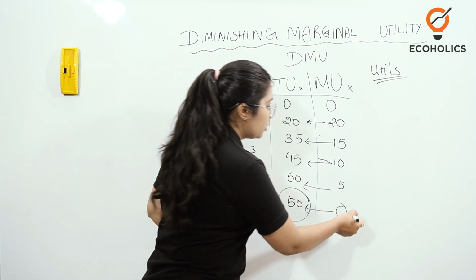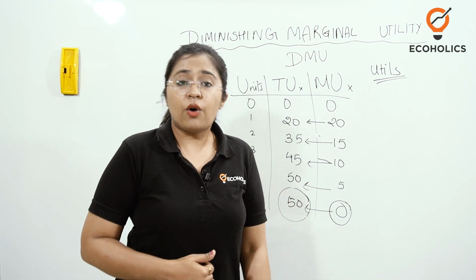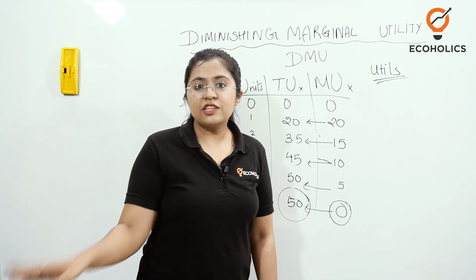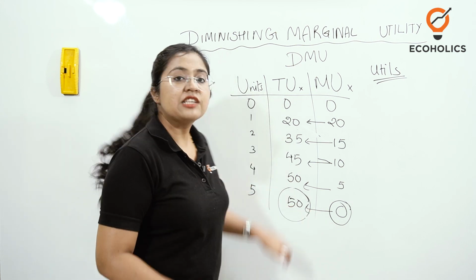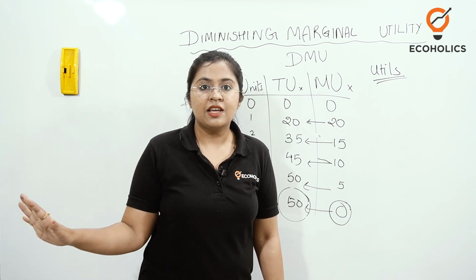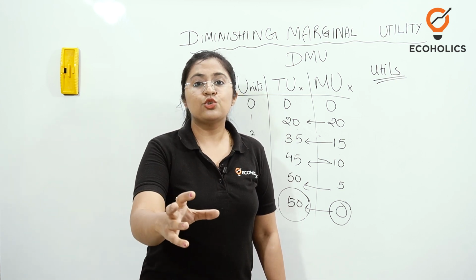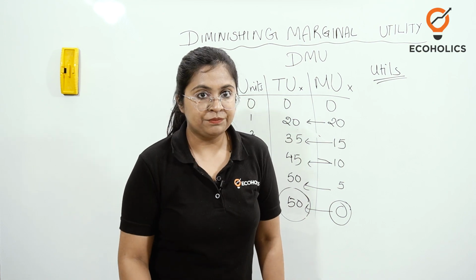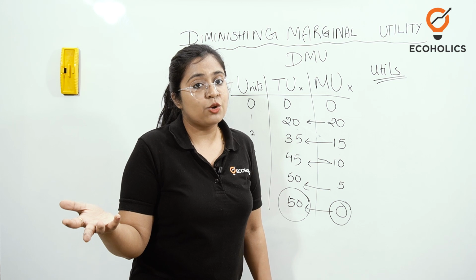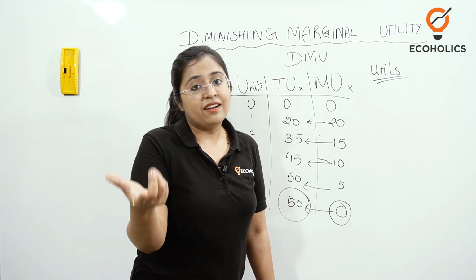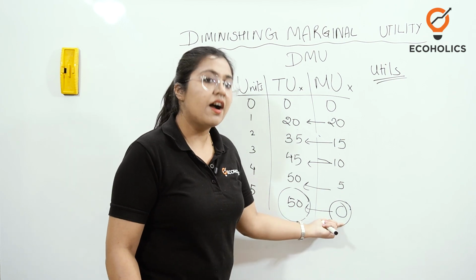Because now your marginal utility, or any addition that could have been made to your satisfaction, is negligible. It's zero, zilch, nothing. So we take this as your final satisfaction that you have received from consuming a certain commodity. Normally that happens when we eat pizza. One more pizza slice and you're full, and then you can't have any other.